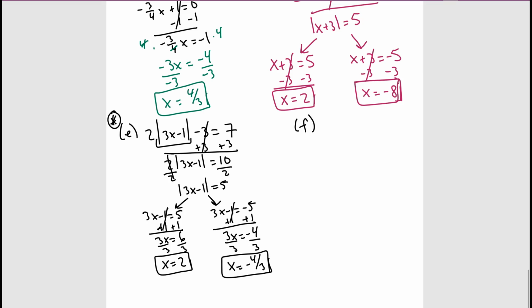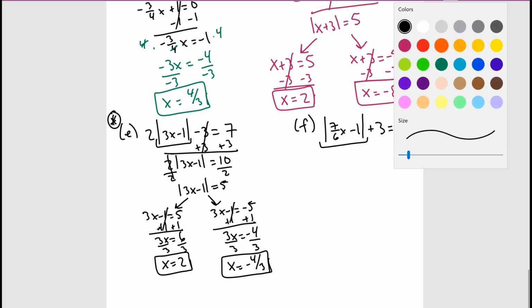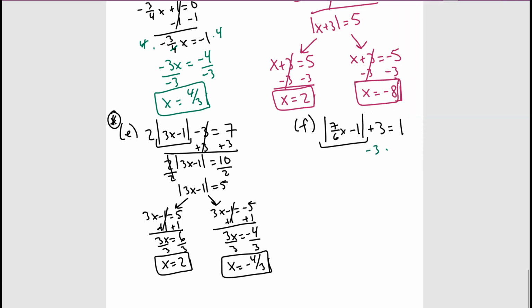Now let's do one last problem. Let's say, for example, we had the absolute value of 7 over 6x minus 1 plus 3 is equal to 1. So now let's subtract the 3 first because we need to isolate this absolute value. So get rid of this 3, and we have the absolute value of 7 over 6x minus 1 is equal to